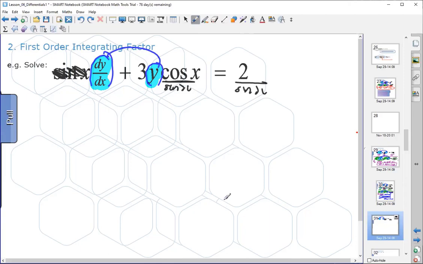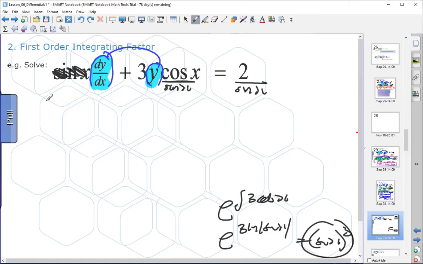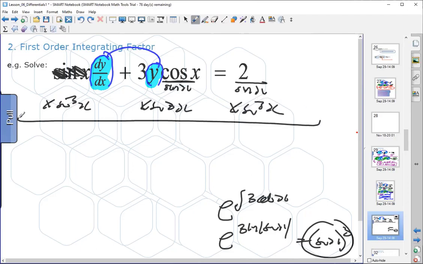And then the integrating factor is going to be e to the integral of 3 cos x over sine x, which is 3 cot x. That gives us e to the power 3 ln sine x, which gives us sine x all cubed. So what we're supposed to do is multiply by sine x all cubed. What did we do first? We divided by sine x. What are we doing now? We're timesing by sine cubed x. Isn't that silly? That's sort of like